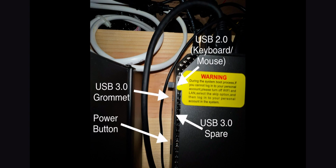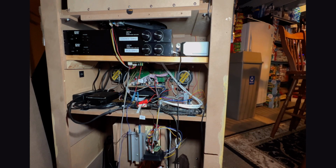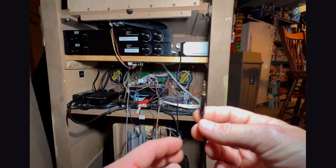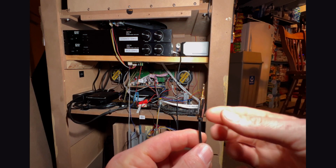So I wanted it to look clean. So that's that. Now, how do we get the sound out of the mini PC to the jukebox? Well, it's going to be very simple, very easy. What we're going to be doing is hooking up a 3.5 millimeter cable, and we're actually going to take that 3.5 millimeter cable that goes to your headphones, the output for your headphones on your mini PC,